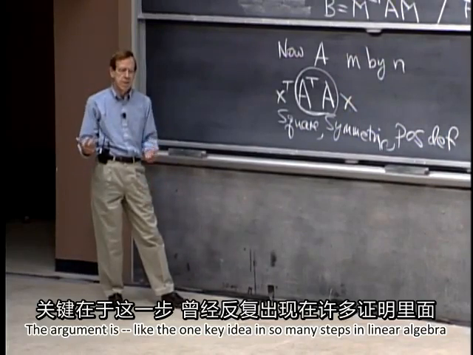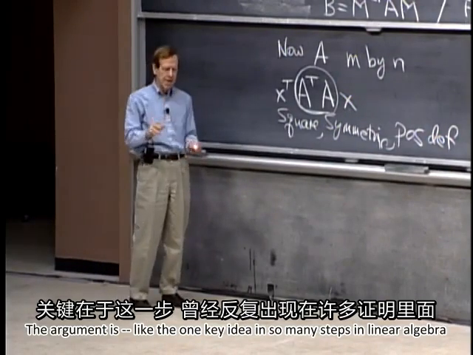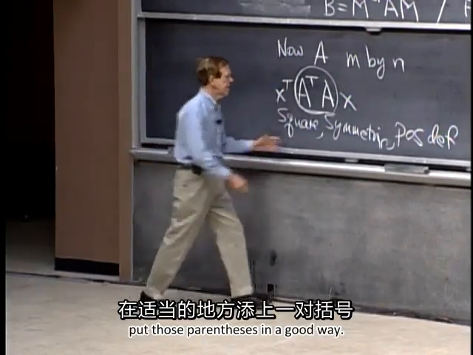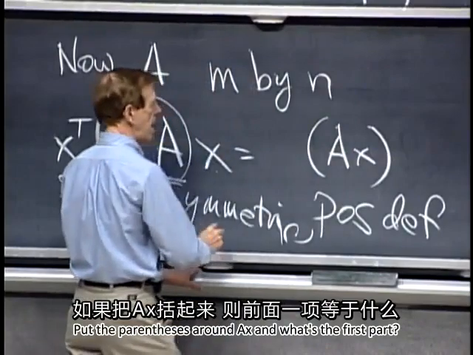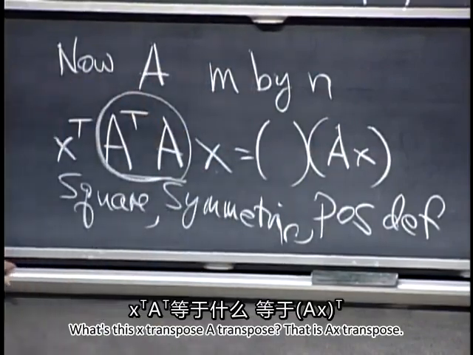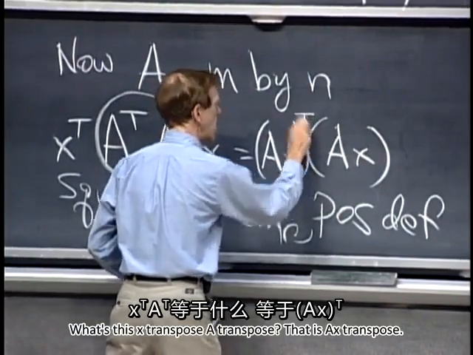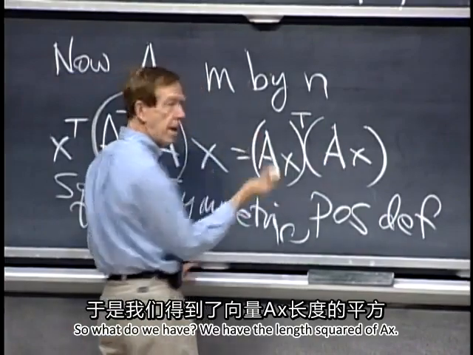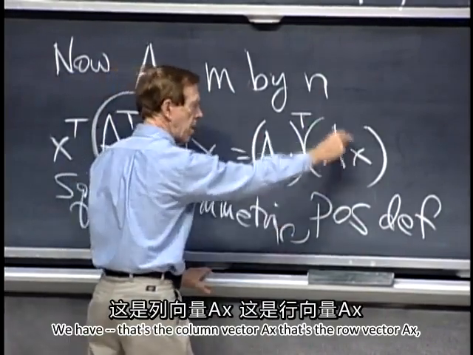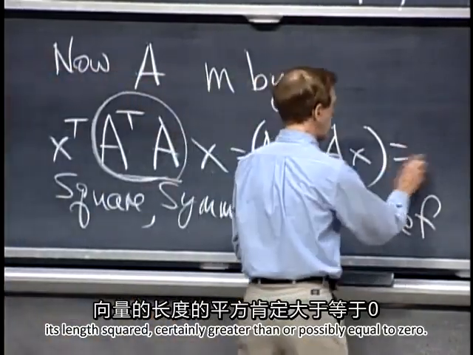The argument is like the one key idea in so many steps in linear algebra. Put those parentheses in a good way. Put the parentheses around AX, and what's the first part? What's this X transpose A transpose? That is AX transpose. So what do we have? We have the length squared of AX. That's the column vector AX, that's the row vector AX. It's length squared,